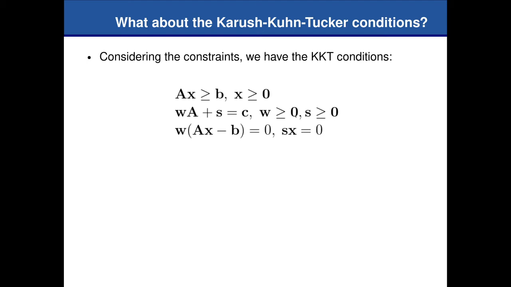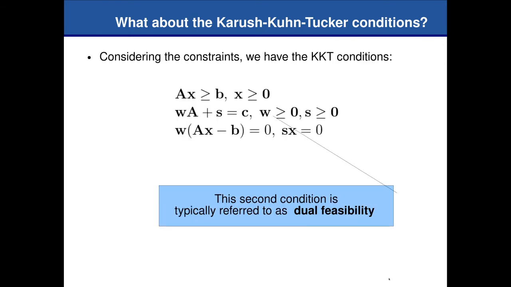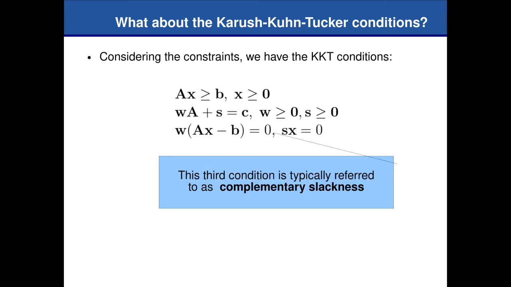And W was already greater than or equal to 0 over here, as you've seen. Okay? So this second constraint is called the dual feasibility. What is this third constraint? Actually, this third constraint is basically the result of